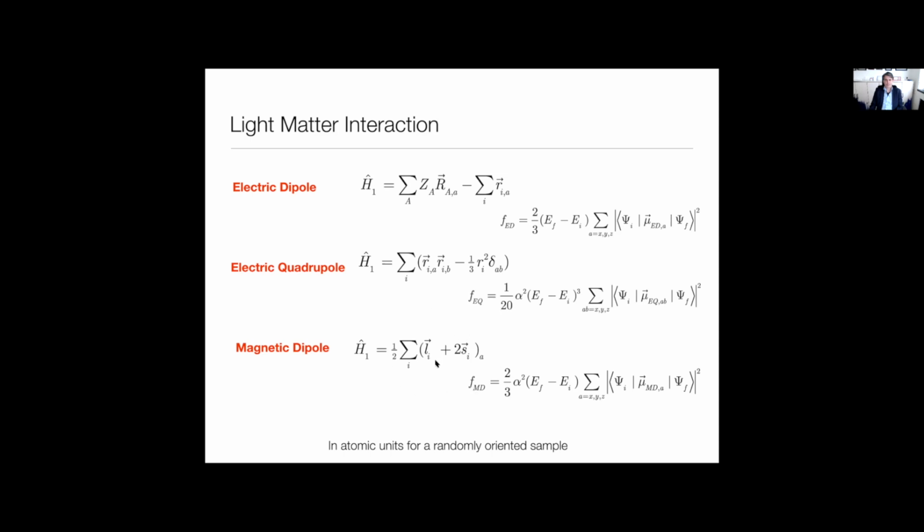And then there is a magnetic dipole operator that is even weaker, but has different parity selection rules than the electric dipole operator. And of course, the magnetic dipole operator will be important in the framework then of circular dichroism spectroscopy and also X-ray circular dichroism spectroscopy. So these are the principal mechanisms in the light-matter interaction, and by far the most important is the electric dipole.